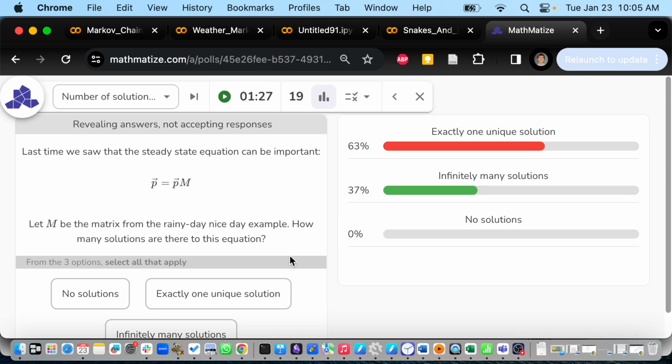So maybe somebody can tell me why they chose exactly one, and maybe somebody else can tell me why there are infinitely many. Can someone who voted for this one be brave and tell me why? Well, there's the solution that we talked about last class, and I can't think of any other ones. Right. So last class, I was on this whole thing: no matter what you start with, it always goes to 25-75. I was making this big deal out of how it doesn't matter where you start. You always get sucked into this 25-75 solution. That's the solution we care about. And then I did all this pen and paper math, and it came out with this 25-75. Everything I did made it seem like there was a unique solution, right?